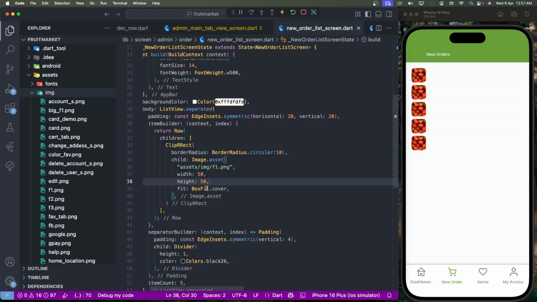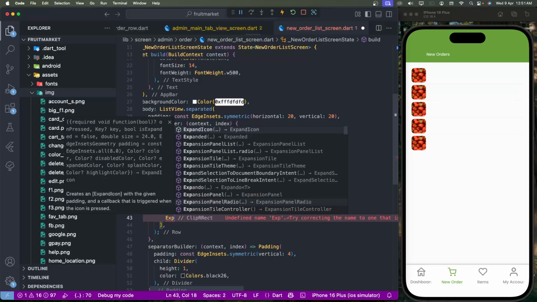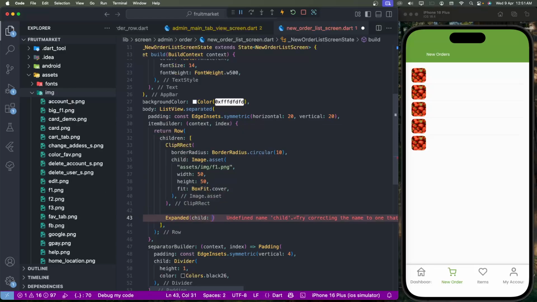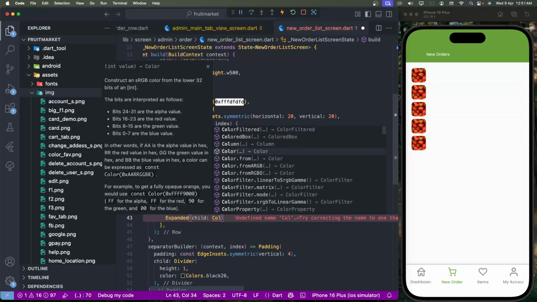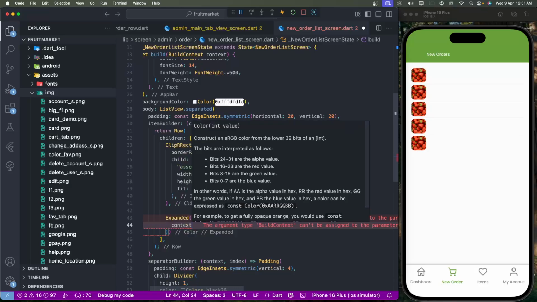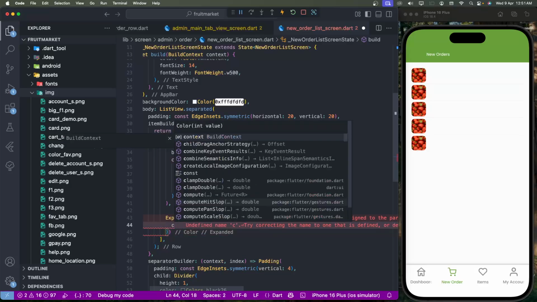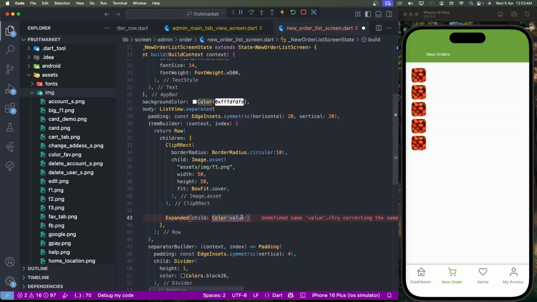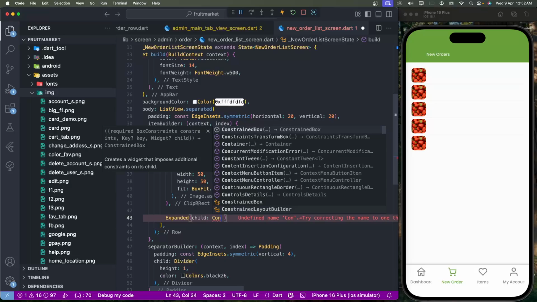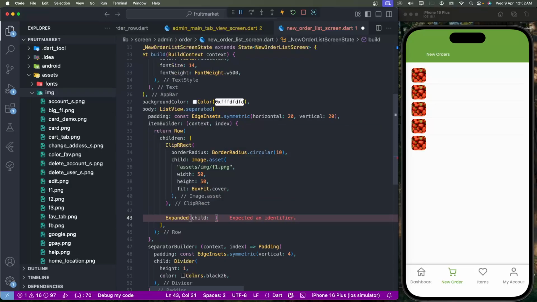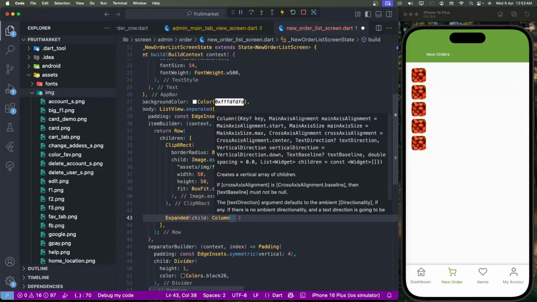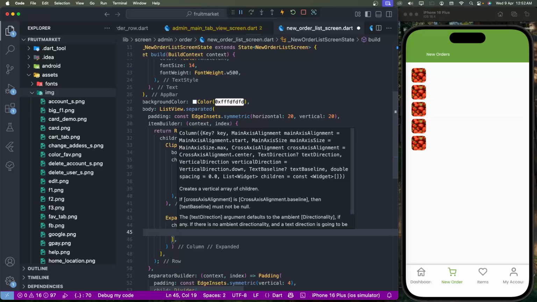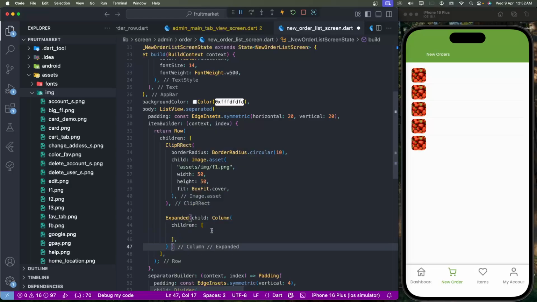Now first of all, so need to make here the columns. First of all, so need to expand widgets, need to use here the expanded, and we need to create here the columns. Set here the child, remove your colors, container, not containers, need to use this here the column, create here the childs like here's we need to set here's